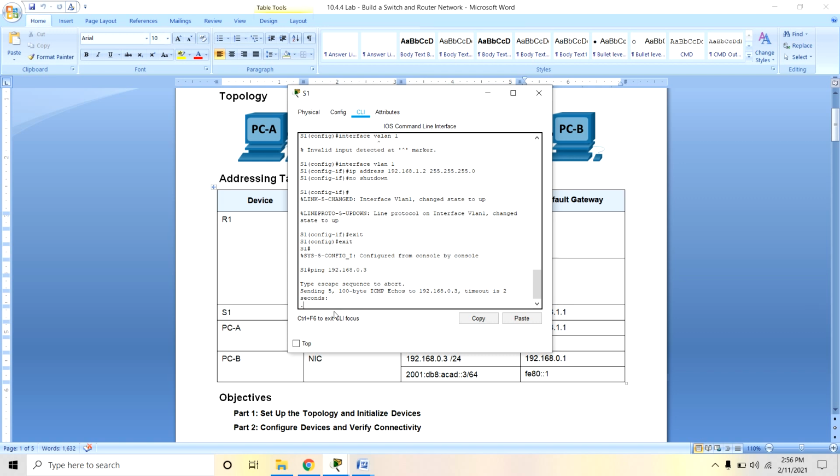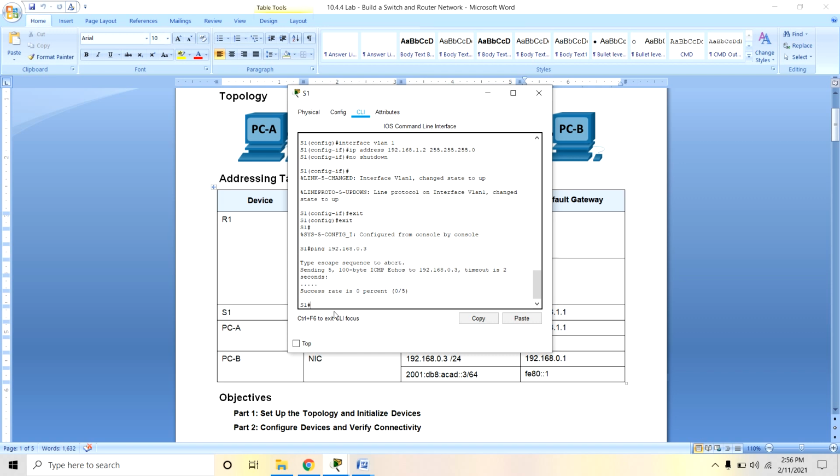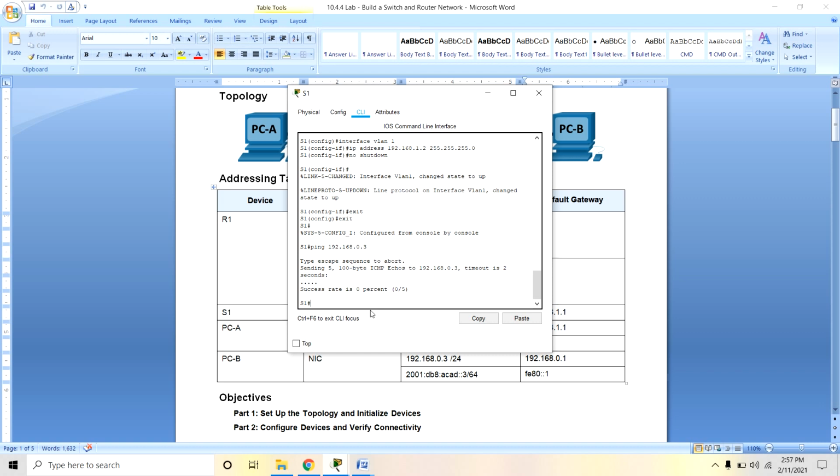So sending 5 echoes, timeout is 2 seconds. Okay, the ping configuration is done. Type escape sequence to abort. Sending 5 100-byte ICMP echoes, timeout is 2 seconds. Okay, all pings should be successful.